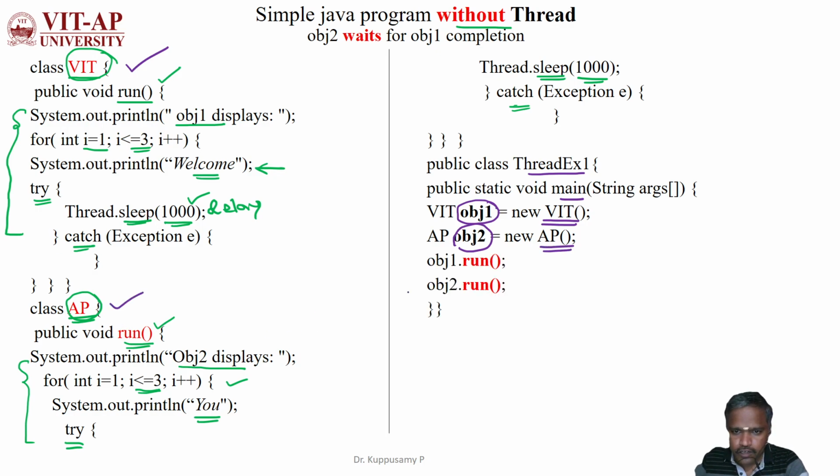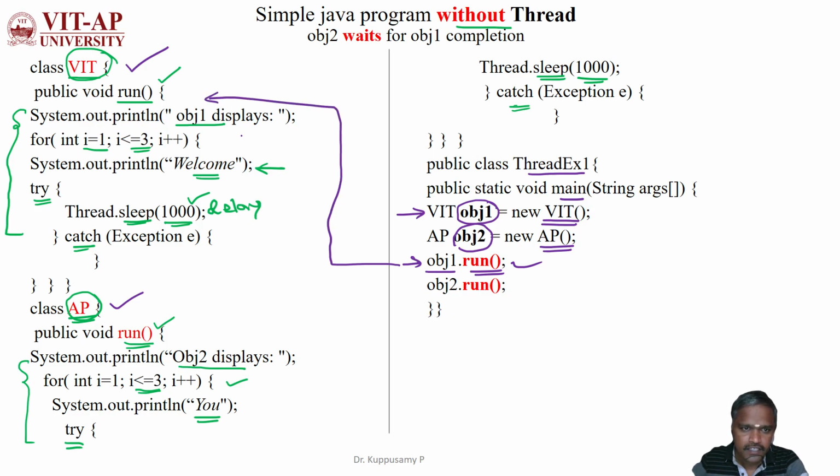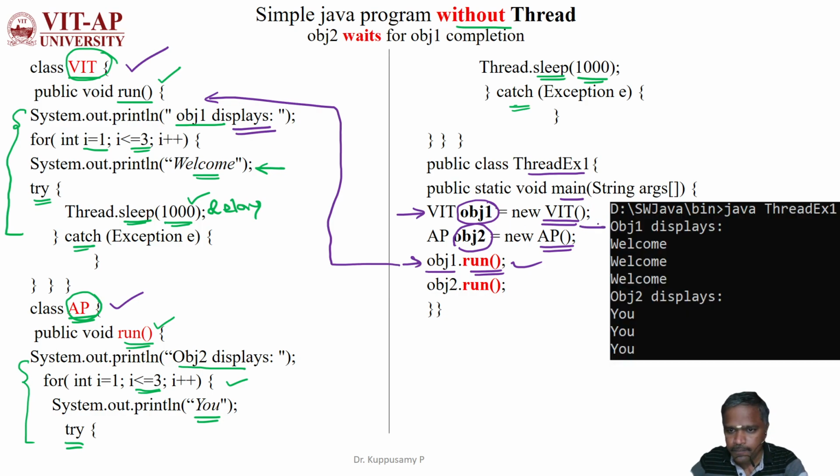Now I am going to call the run method belonging to vit by using the object obj1. Once it invokes the run method, the control passes over here, and it displays this action obj1, which displays 3 times welcome, right? So 3 times it is displaying, then obj2 is called here. So this is calling the method run from the